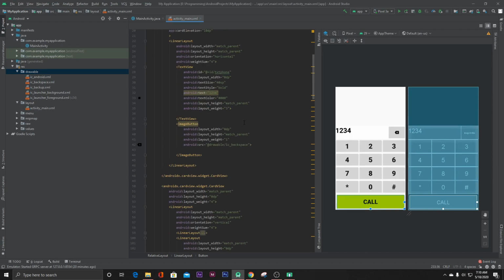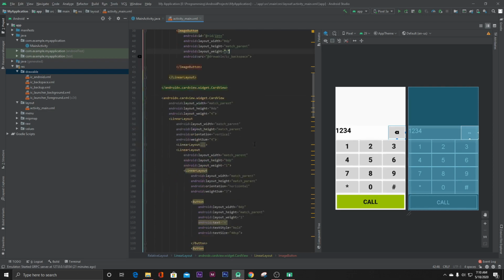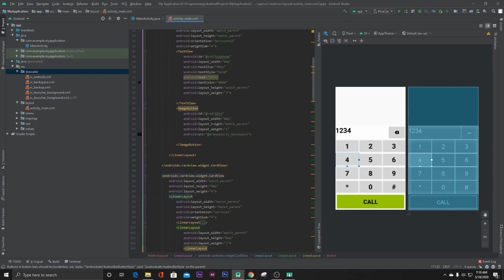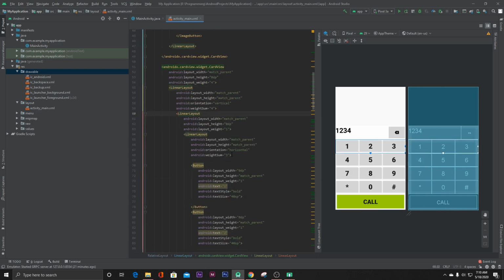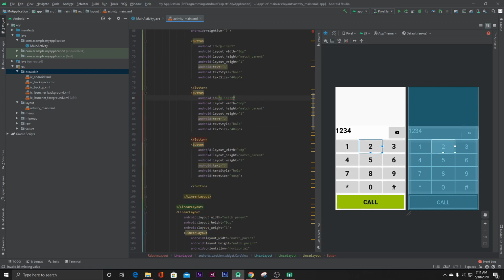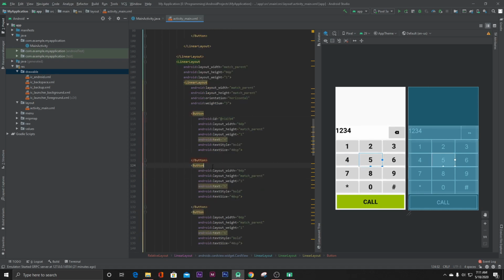For the image button, let's give it an ID of I button, and for the first linear layout, let's give this button ID B1, second button ID B2, the third button's ID is B3, the fourth button's ID is B4,